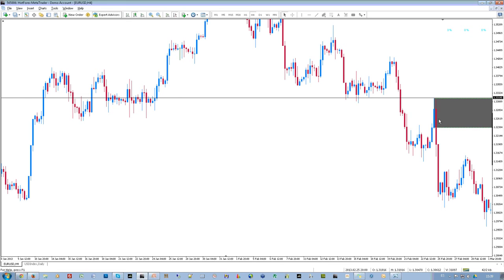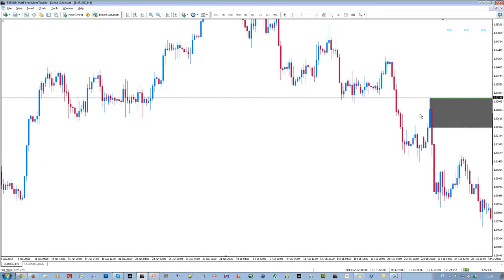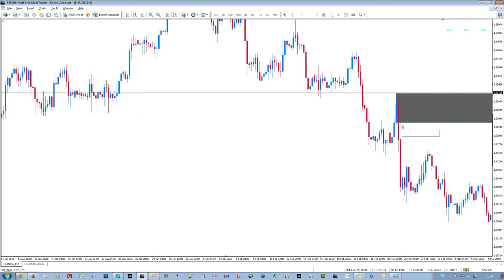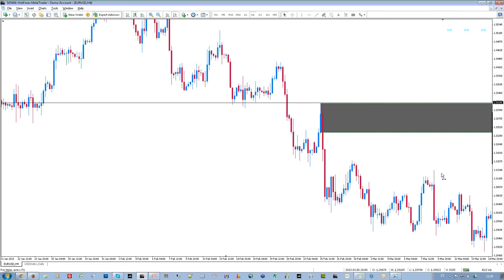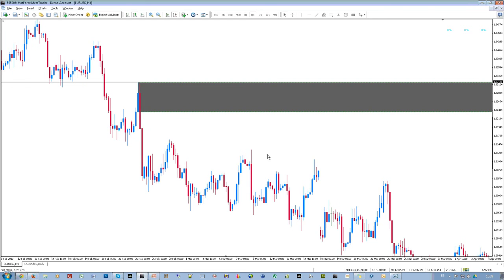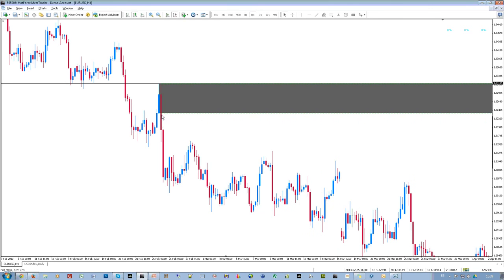It was original and fresh. Original because we look up and left, and it is not a reaction to an area. And this level is fresh because we look down and right to assess if this is original or not. So this level was original. This level is good for counter trend